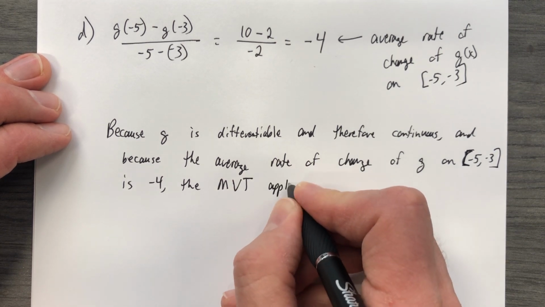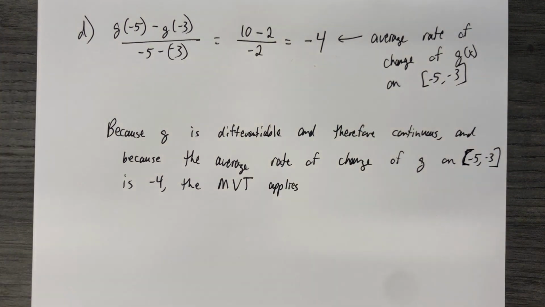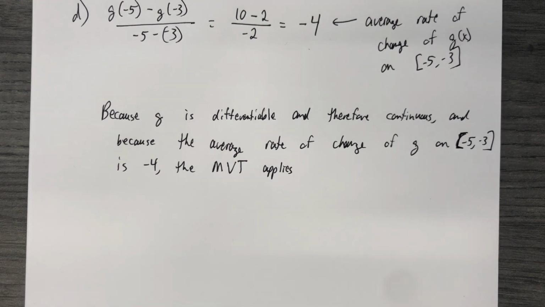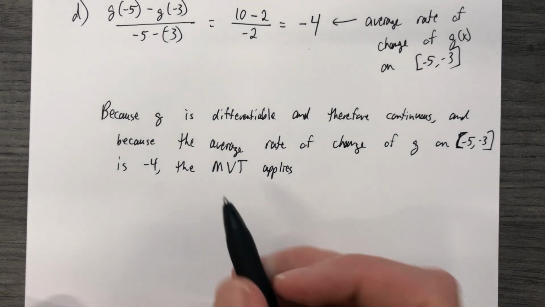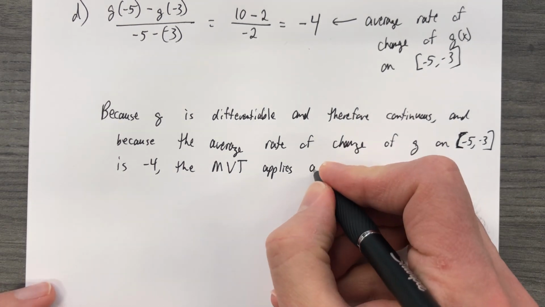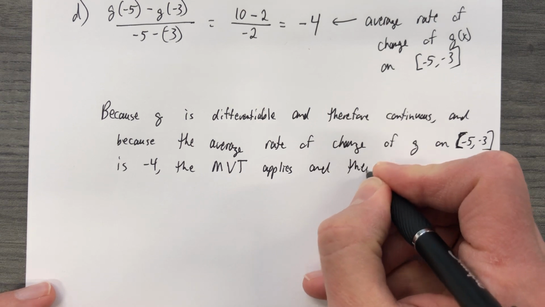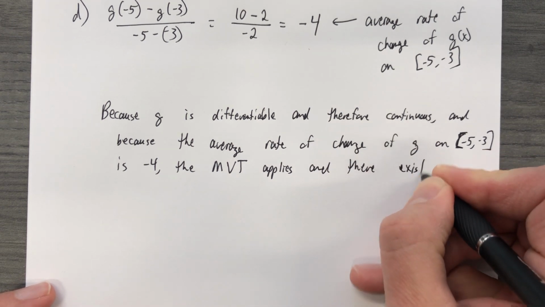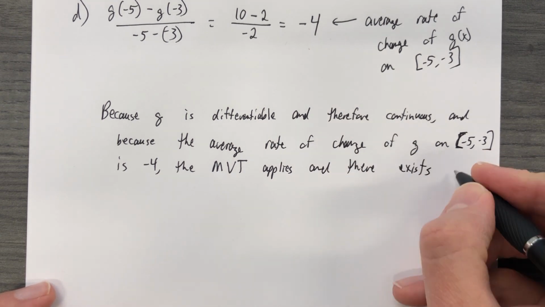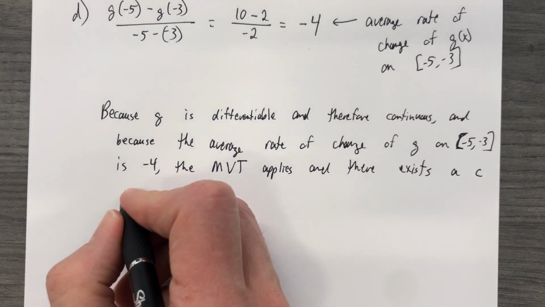It's good to put that in there. If you don't say MVT or mean value theorem, will you get credit? I'd be reluctant. So we are using the mean value theorem, so talk about it and say it. Say MVT. You can abbreviate it, of course, but you need to say it. The mean value theorem applies, and there exists, I'm just going to talk about what does exist. There exists a c